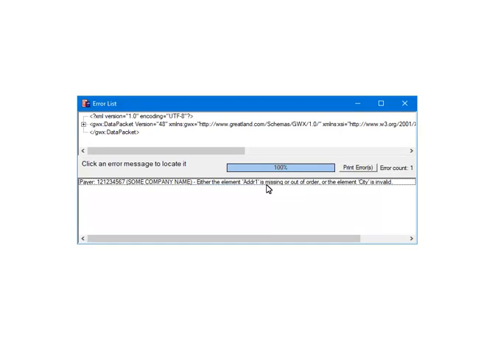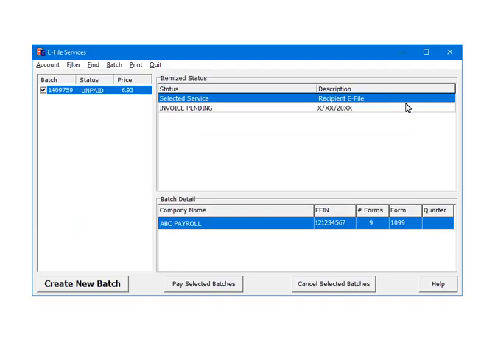This is the error screen. The errors will be listed at the bottom. In this example, the pair address is missing the city. You will need to quit the e-filer at this time, and go into the W-2 and 1099 forms filer and enter the city on the 1099 form. Then restart the e-filing process again. Close the error screen. When there are no errors, the forms will be assigned a batch ID, in this case,